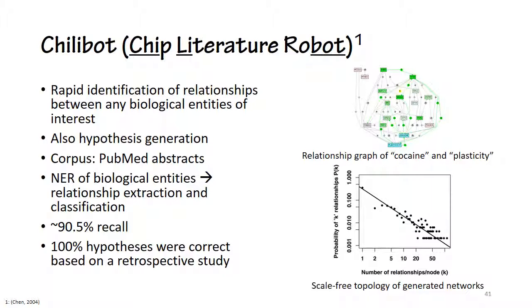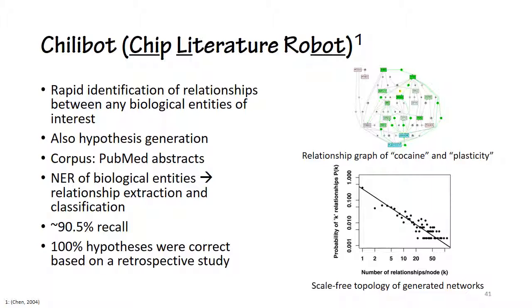This is new, the Chilibot. Well, not that new, actually, my bad, 2004. But it looks at recent relationship extractions, and you can see the map of the relationships with those green lines at the top. It's interesting because it actually follows this